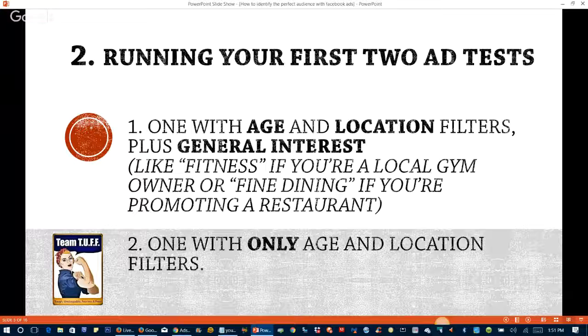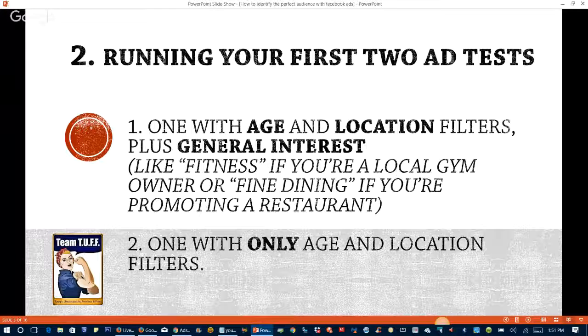And then location, you don't want to just put the world. You want to narrow it down. If you're a brick and mortar business, you want to narrow it down to your town or your city. If you are an online only business, then you want to probably hit people that speak your same language and would be able to benefit from whatever product that you're serving. So, for me, I usually hit people in the United States because that's where I live. And it makes sense. They're going to understand some of the things I sell a lot better if they are in the US. So you would target that particular country.